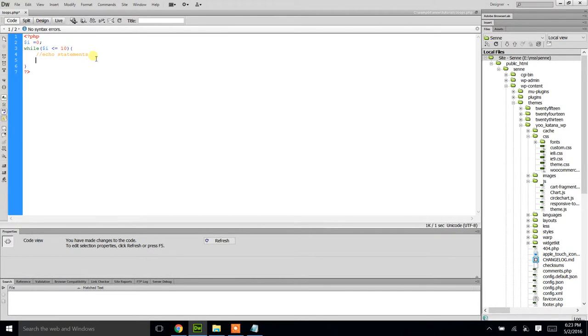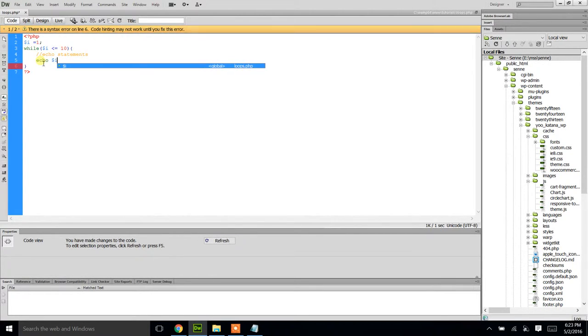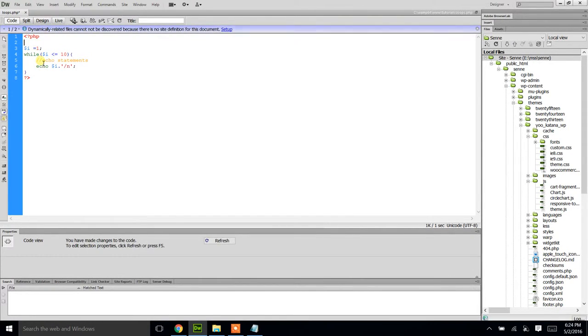So we have $I equal to 0, $I is less than 10, right? So it will go through the loop. We'll echo $I and we'll add \n for the new line. \n makes the new line, so it looks good, and we'll echo